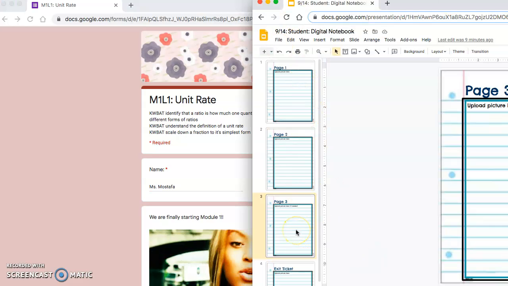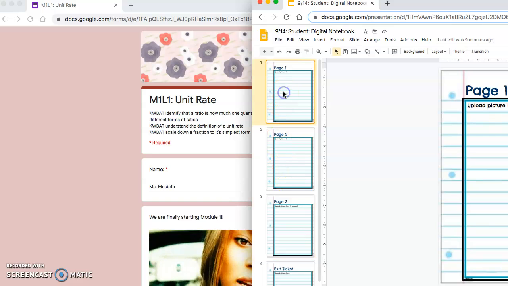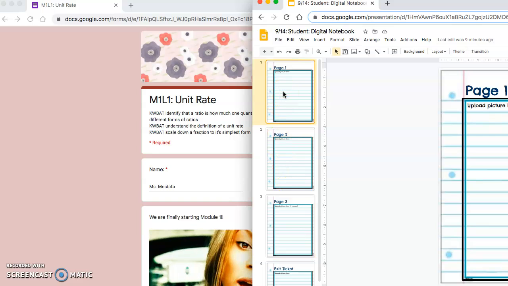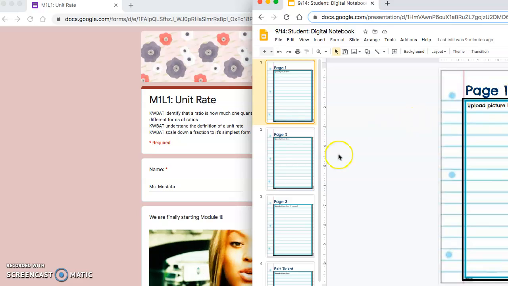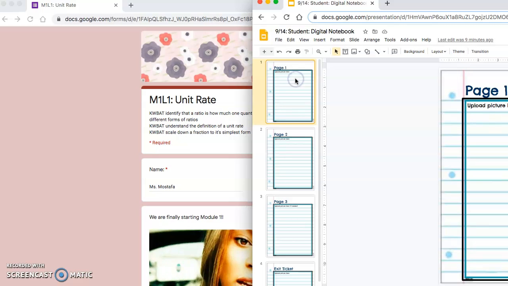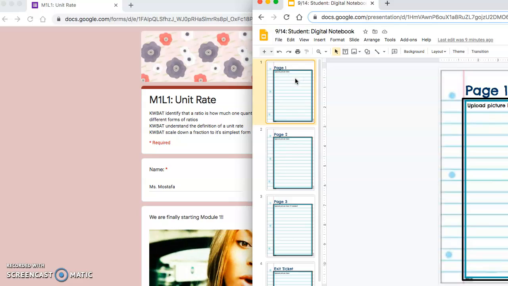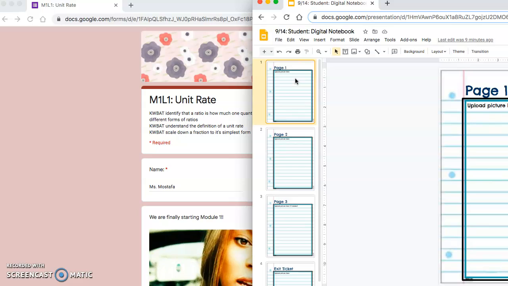Now, one thing that I want to be clear is the difference of today's digital notebook. So this one I have page 1, page 2, and page 3. Now, what I want is, because there's a lot of problems on today's Google Forms, what I want you to